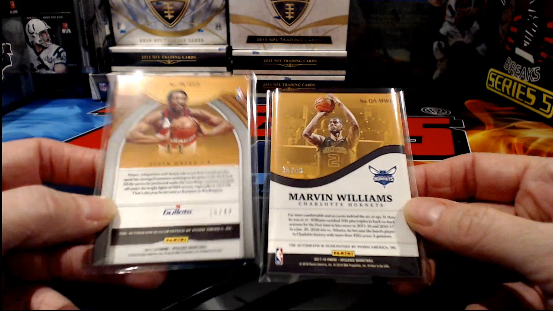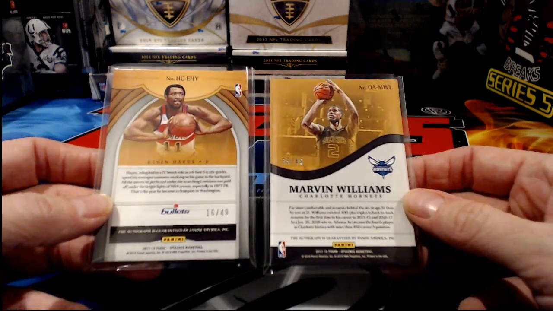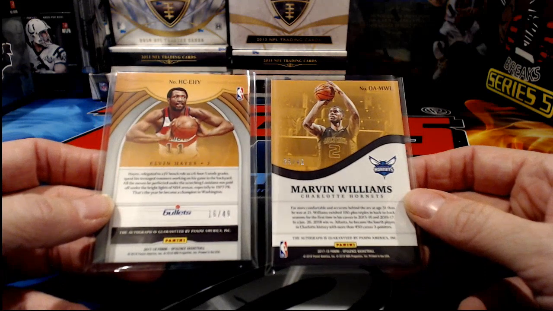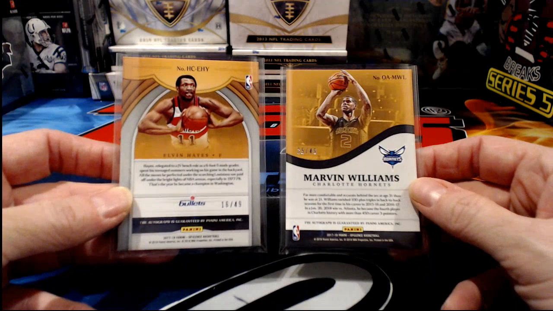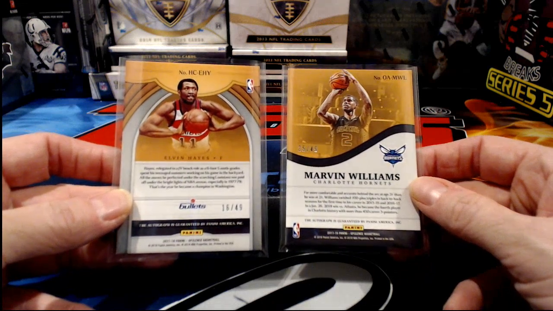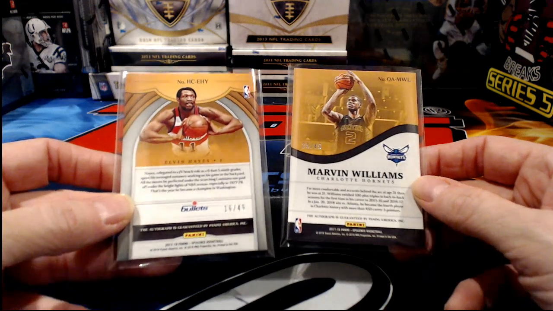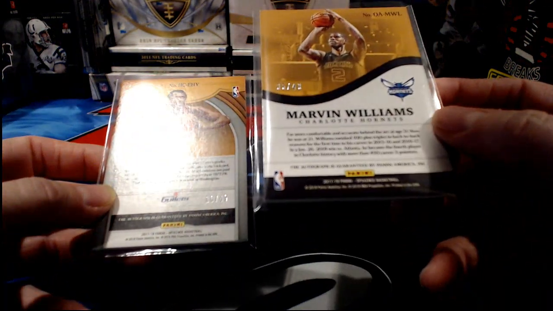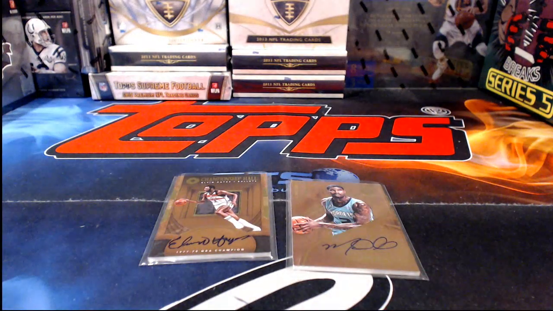We have the Elvin Hayes and Marvin Williams. Each are numbered to 49. One is a Hornet and one is a Wizard, also known as the Washington Bullets in the old days. So whichever one of those...